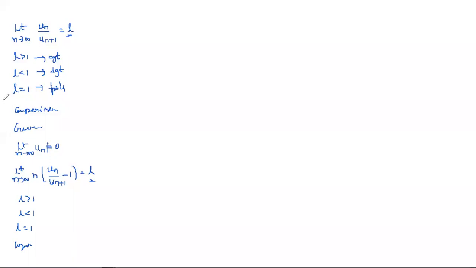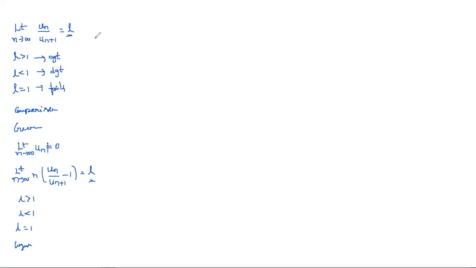And the type of problems for which we apply the ratio test are those with factorials. If it consists of factorials, and in the same way x powers, like x square, x power, x cube, if x terms are included in the series, in that case we apply the ratio test. Till now we completed the comparison test. We can apply the comparison test if the Vn term is available from the given series. If not, then we go to the ratio test. So let us see the problems on that.